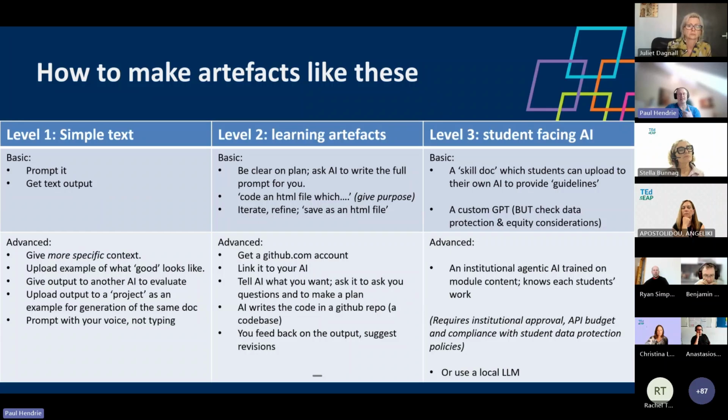You might want to consider outputting it to a project. So ChatGPT, Claude, Gemini, they have project areas where you can put an example in there. And then when you do it again, it can just create similar versions. So it saves you having to do that work of giving it what good looks like and so on and so forth.